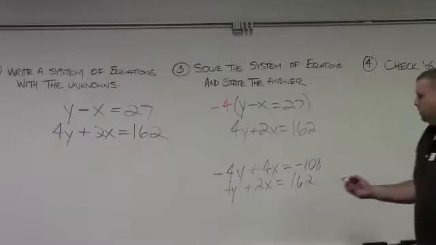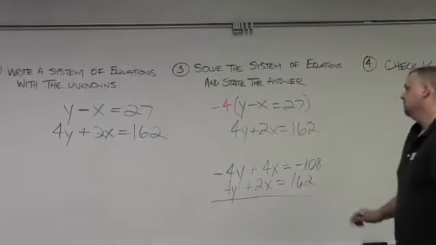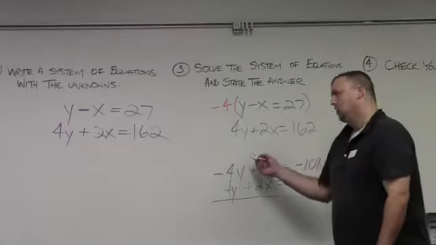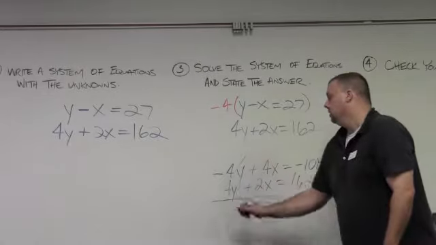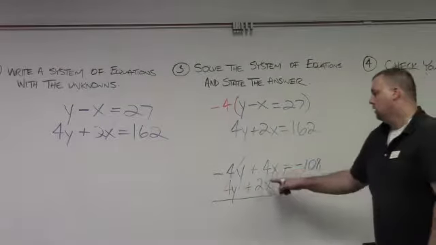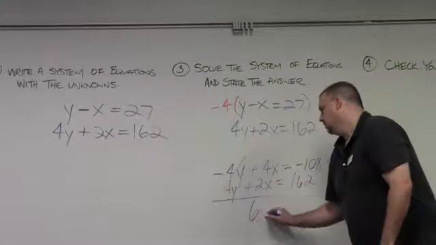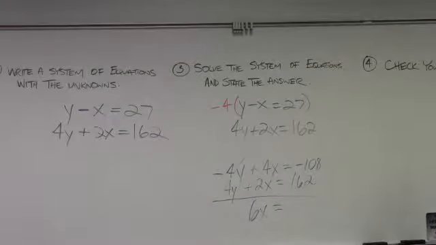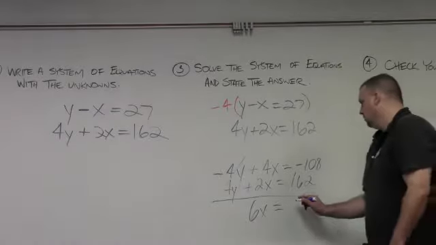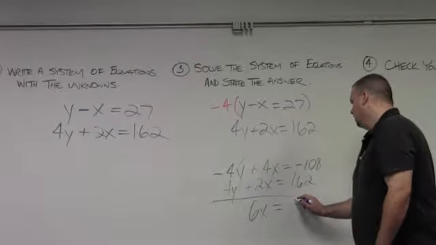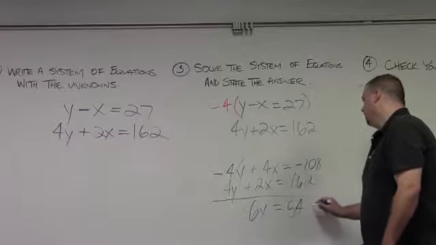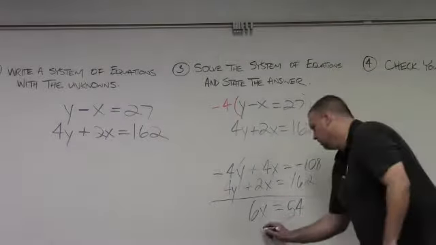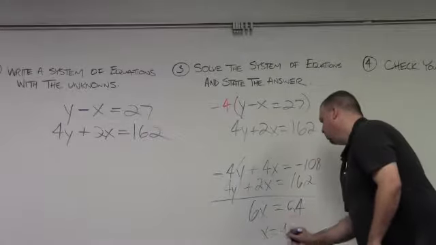And if I add those two equations together, what happens to my y's? They cancel. They cancel out, or they eliminate. Hence the elimination method. 4x plus 2x is 6x. And we have 162 minus 108, which gives us 54. So if I divide 54 by 6, what do I get? 9. So there's one of my values,